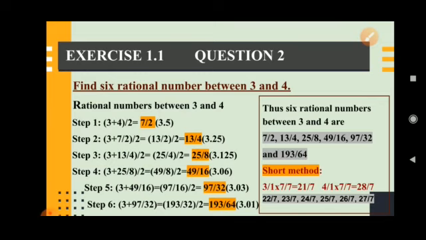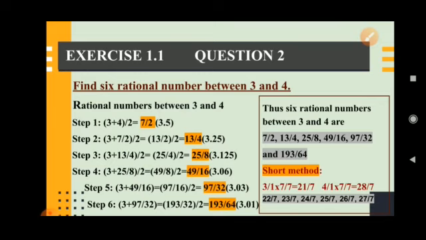So here 3 is a natural number, 4 is also natural. Even we will consider 3 and 4 as an integer also, or 3 and 4 as a whole number also. So we have to find a rational number in between. For example, if they ask to find the rational number between 3 and 4, it is not possible, because in natural numbers we won't consider the decimal or the fraction. So we can't find the natural number between 3 and 4.